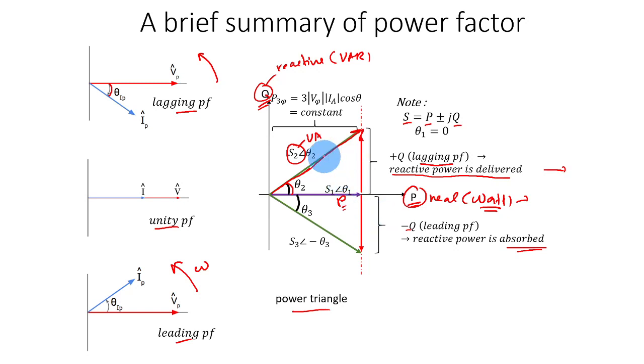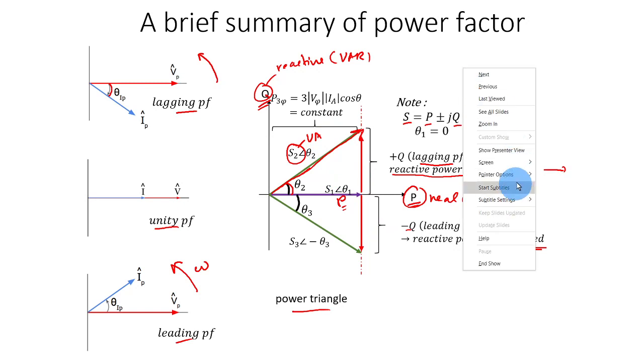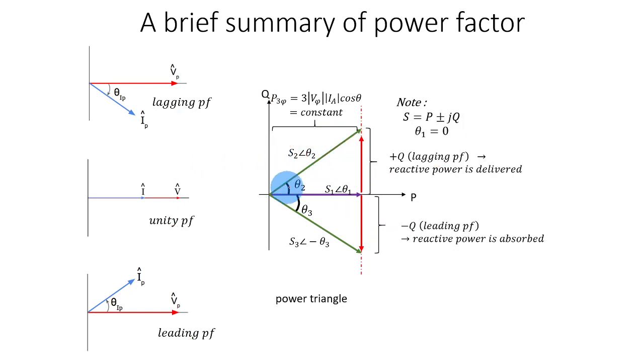And then of course you have to remember also that, let me clear this up, because with the apparent power, for the same real power you can have a greater value of apparent power, with a greater Q. So you have, let's say, S4 here. Of course it is the same real power, the same lagging power factor, but now you have more reactive power. And this reactive power is also proportional to the current that the generator has to deliver. So as you can see,